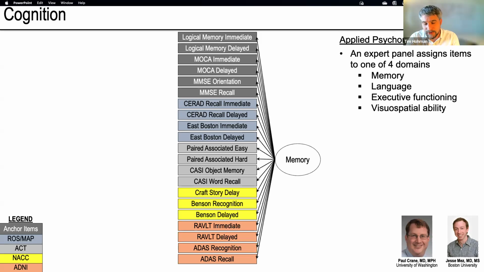And then we have a panel of experts that include 2 neuropsychologists and a neurologist, who will go through every item that's administered in that particular study, and they'll make a few decisions. The first decision they'll make is, for this given item, is the item measuring memory function or language function or executive function or visual spatial ability, and they'll categorize that item into a